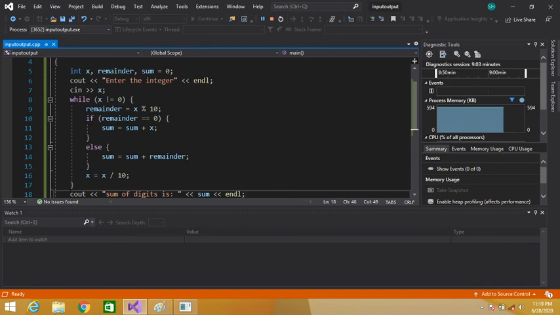Now our loop is terminating, so the control will again shift to this condition. Now x contains 0. 0 not equal to 0? Here we are again checking 0 not equal to 0. No, 0 is equal to 0, so our condition becomes false.